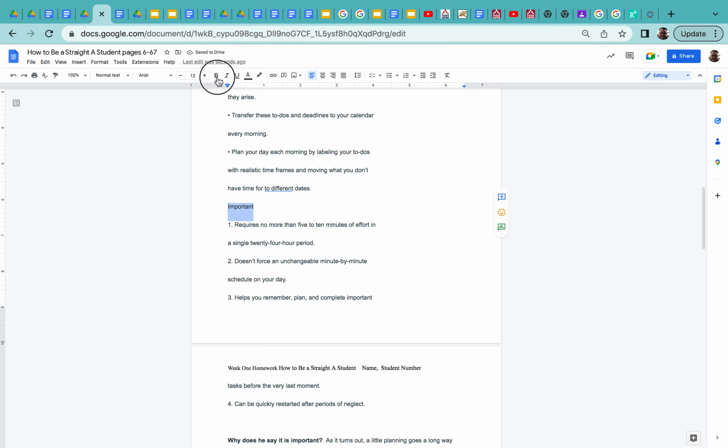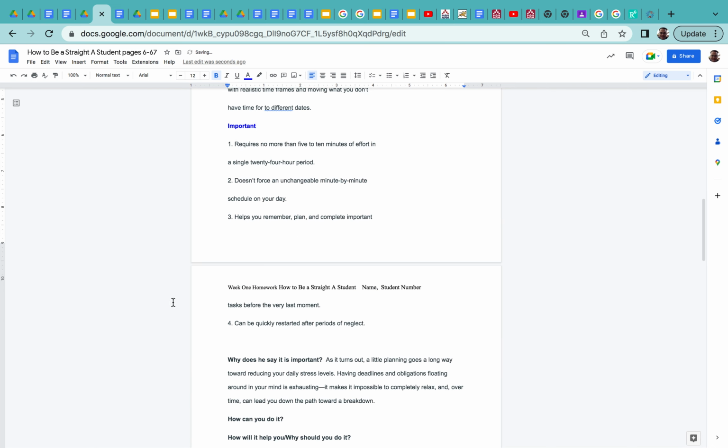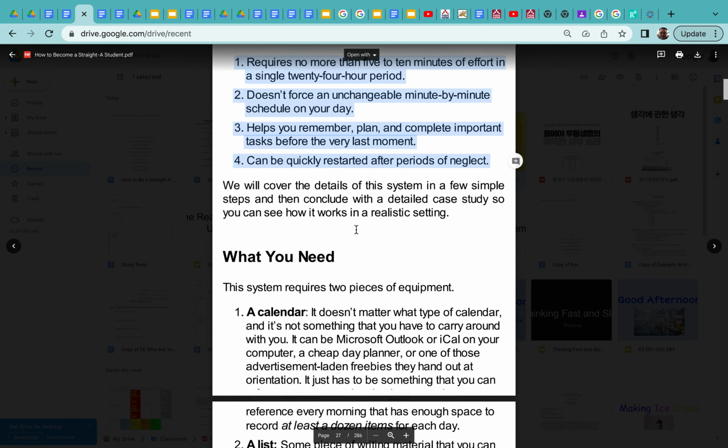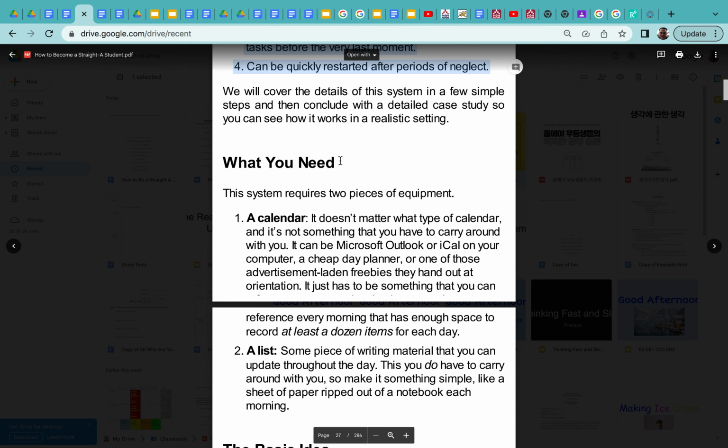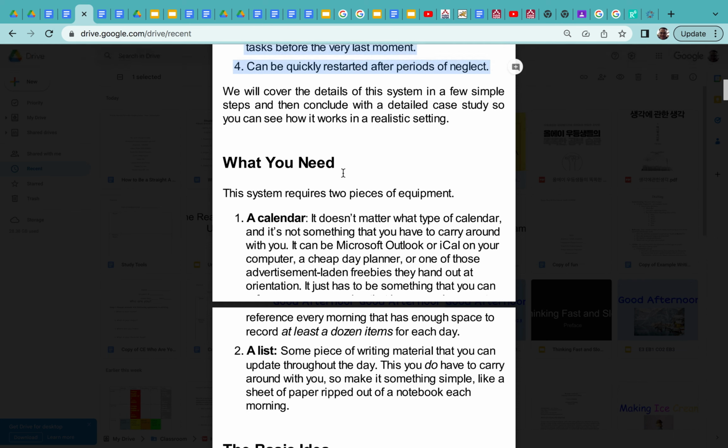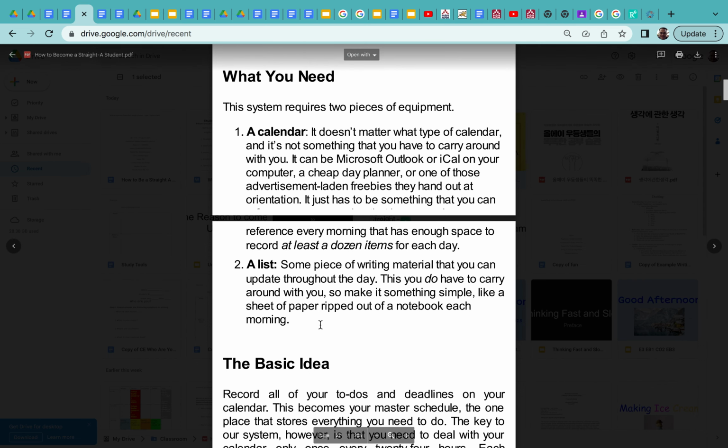You can bold it, whatever. You want to change the color, blue, so you know that. Okay, there's some evidence of how this works. You go back, all right? What you need, how? How do you do it? That's what this is. So, you need to put this in how.